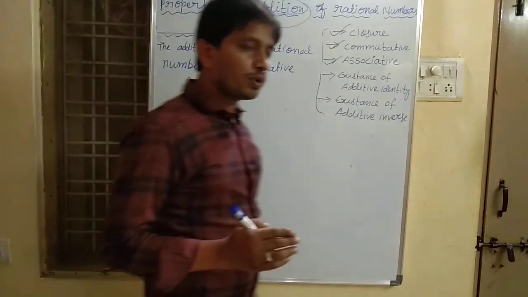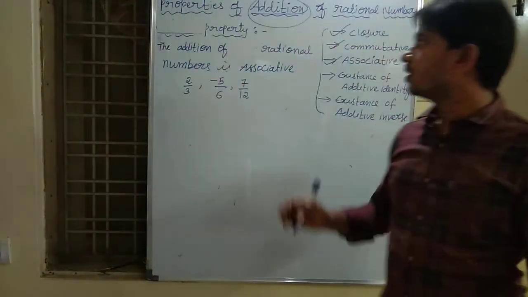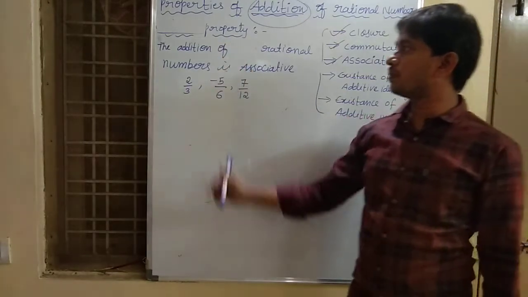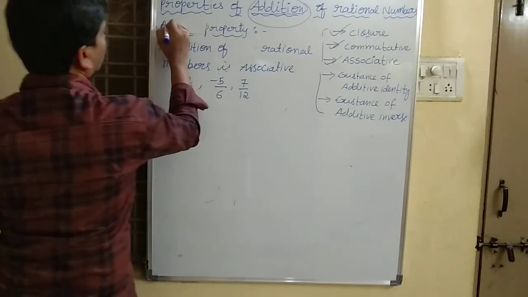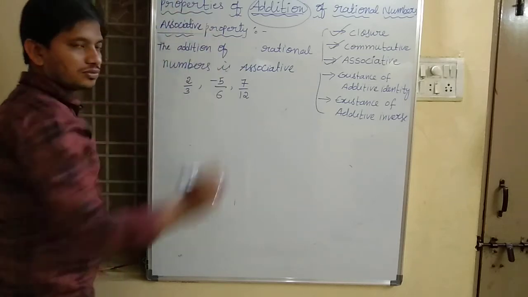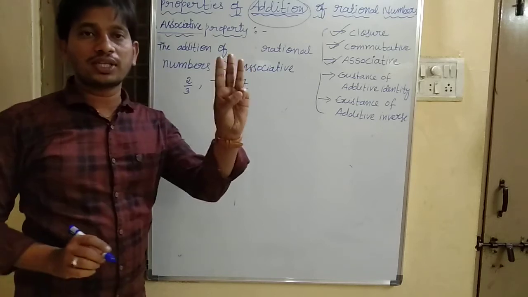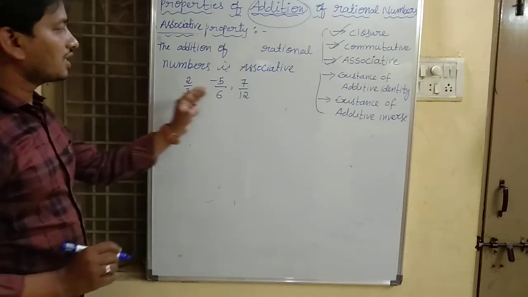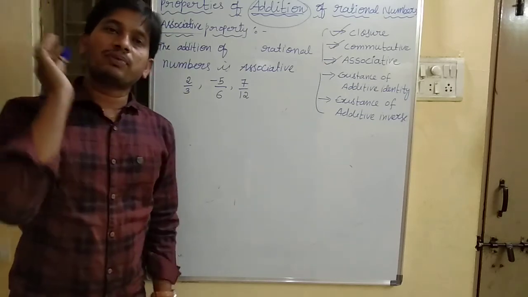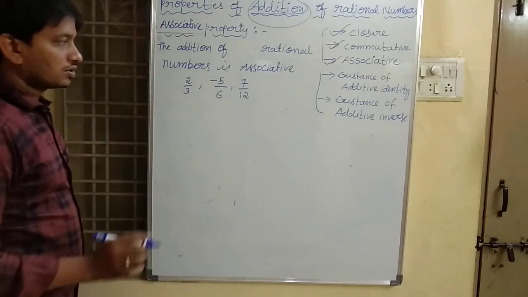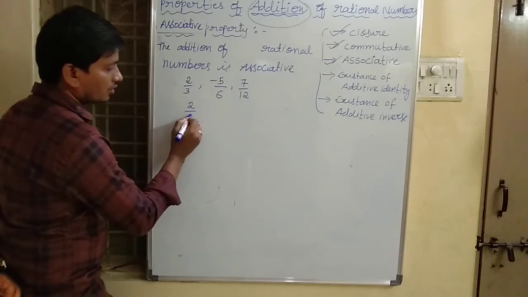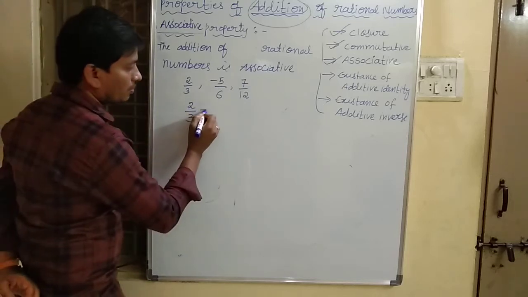In the commutative property and closure property, we took two rational numbers. But in the associative property, we have to take three rational numbers. Let us consider three rational numbers: 2 by 3, minus 5 by 6, and 7 by 12. What you do? First add 2 by 3 plus